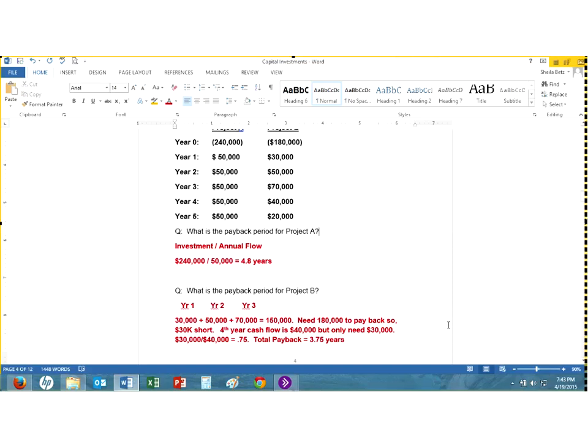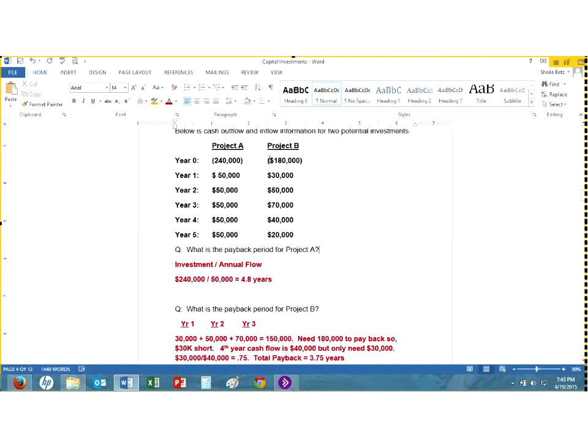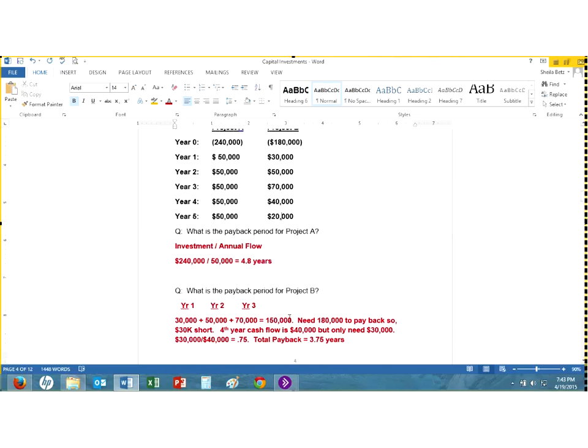So what's the payback period for Project B? Project B, they spend $180,000. So we want to know when we will recuperate that $180,000. Well, we can't use the formula because the cash inflow for the next 5 years is a different number. So we just have to do some good old simple adding, friends, till we hit the $180,000 mark. If I add up year 1, year 2, and year 3, I'm at $150,000. So not quite there, we're about $30,000 short. Year 4, we'll hit that. We'll actually end up receiving $40,000, but we only need $30,000.